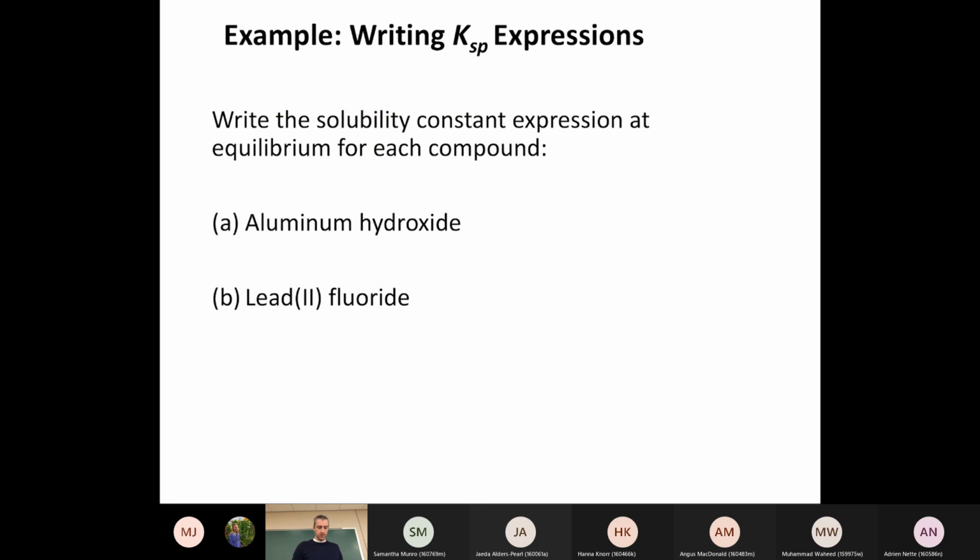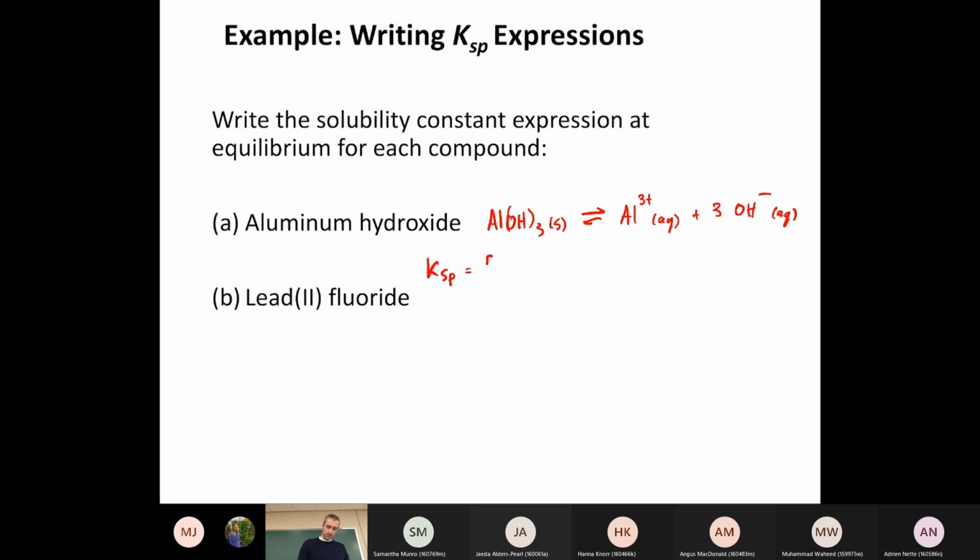Great, we're good. So write the solubility constant expression at equilibrium for each of these compounds. This is assuming that they are saturated. So aluminum hydroxide would look like this: Al(OH)3 solid is in equilibrium with Al3+ aqueous plus 3 OH minus. That's the balanced equation. And so we would say that the Ksp expression would just be